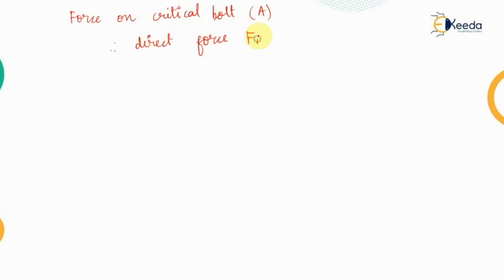So now to calculate the force on the critical bolt, because we need to check the forces on the critical bolt and then compare with the strength of the bolt. Let's say we are representing this critical bolt by A. Therefore the first force, that is the direct shear force, will be equal to F1, and that is given by the external reaction divided by the number of bolts in both the rows.